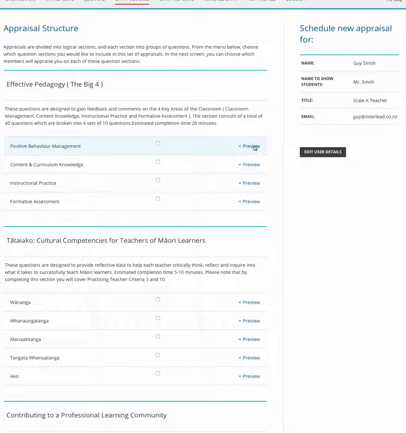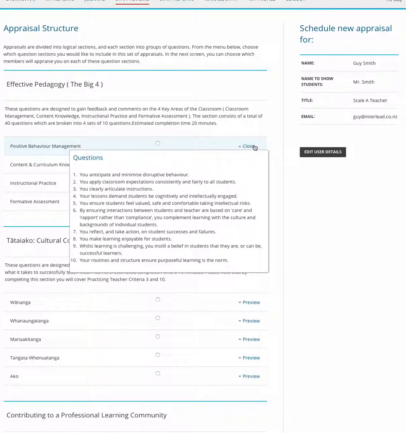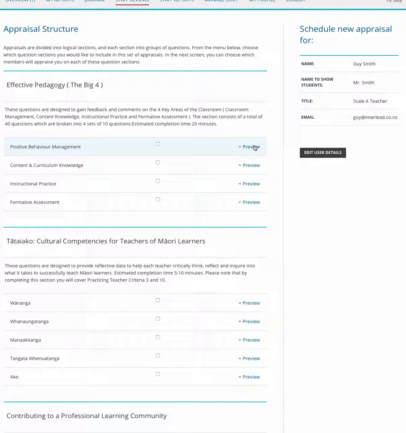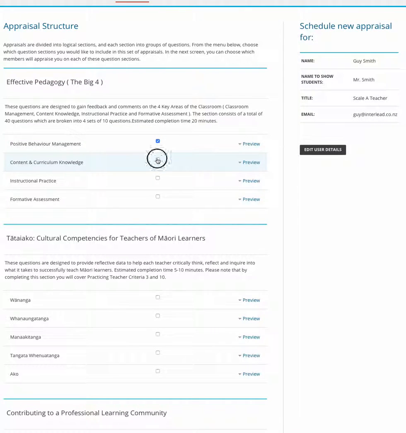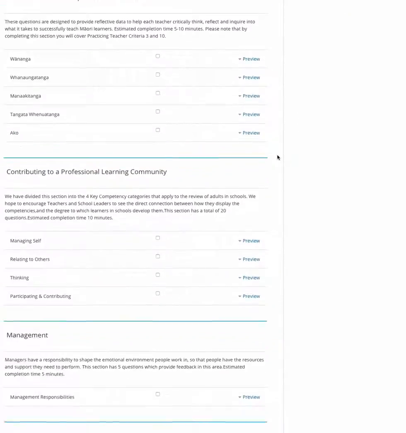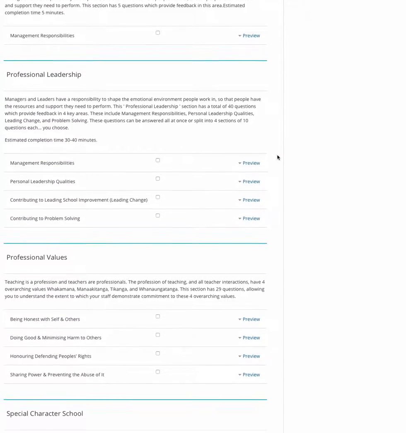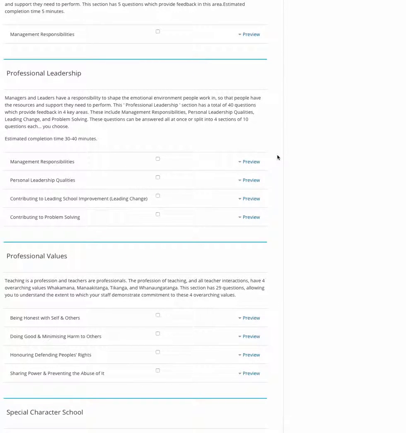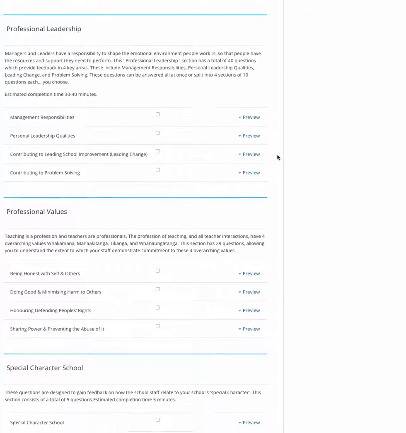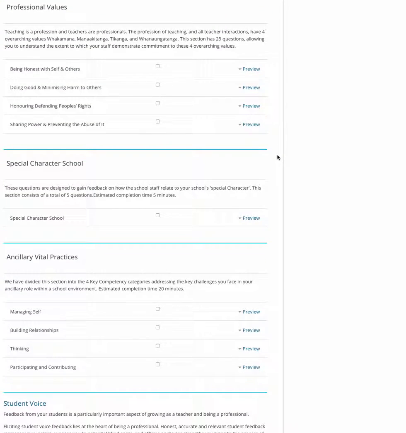To preview any questions in a section, you just click Preview. To close those, you just click Close. To include sections in an appraisal, you just tick the box next to the section. You'll see that we have areas such as effective pedagogy, tātai ako, contributing to a professional learning community, management, professional leadership, which is an area designed for those where a significant part of their role is either management or leadership, professional values, special school character, if you are a special school,